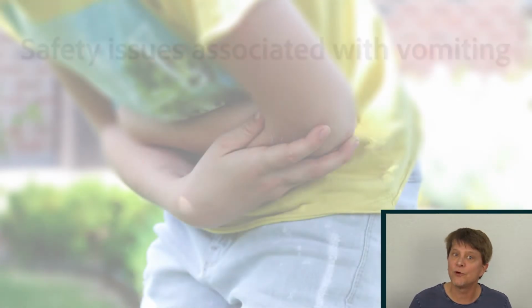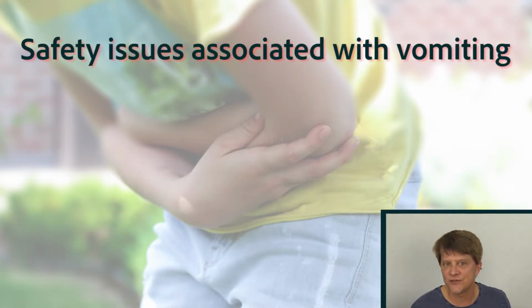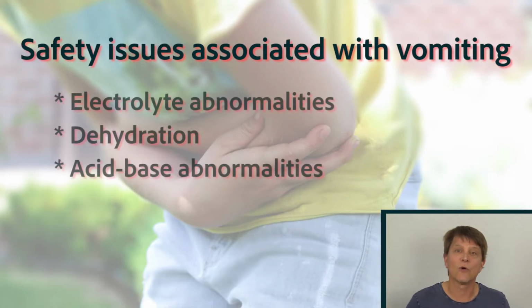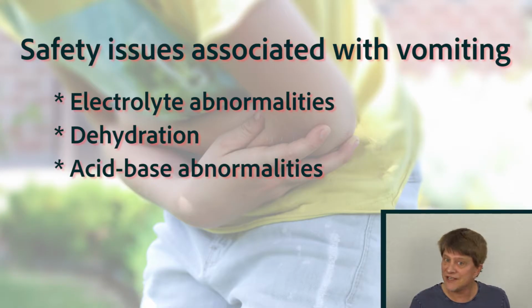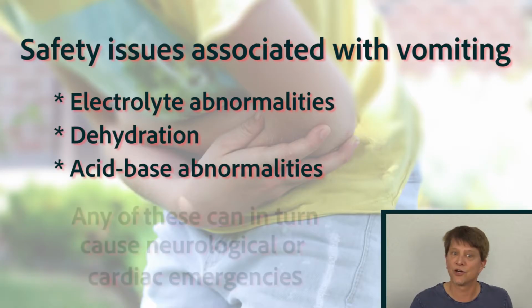From our previous discussions regarding the loss of fluids and electrolytes in other ways, you've probably already predicted that there are going to be safety issues associated with acid-base regulation, the loss of electrolytes, and the loss of fluids as one vomits repeatedly. Indeed, as one vomits, the acid is excreted. That's the hydrogen ion. And if that occurs multiple times, the entire body could become too alkaline, and the pH of the system therefore increases.